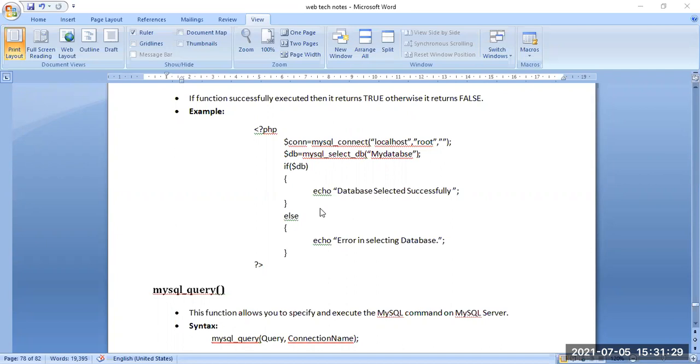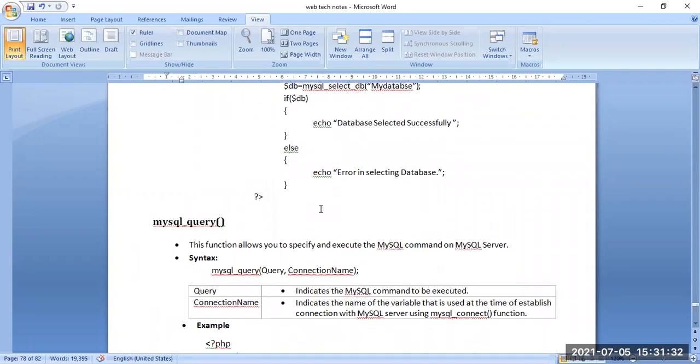Now the third function present here is MySQL query. MySQL connect connects us with our database, and MySQL select DB selects the particular database we want to work with. Now the third one, MySQL query. Here we are going to query.